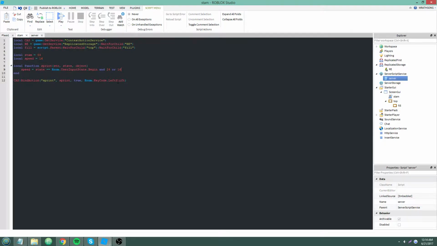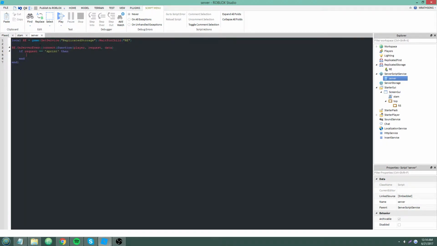So basically when the user is pressing down on left shift, we want their speed to switch to 24. But if they're not pressing down on it, then if it's not user input state begin, it's user input state dot end. So then it's gonna go to 16 instead. So if this is true, this is what the variable is gonna be assigned to. Otherwise, that. re.fire server sprint speed